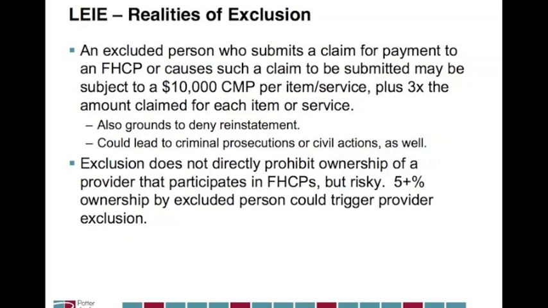I should note that exclusion does not necessarily mean that an excluded provider cannot have an ownership interest in a provider that participates in a federal health care program. But it is risky.